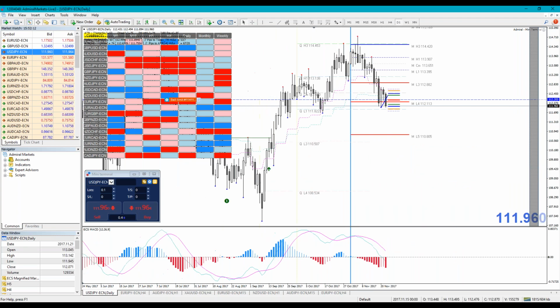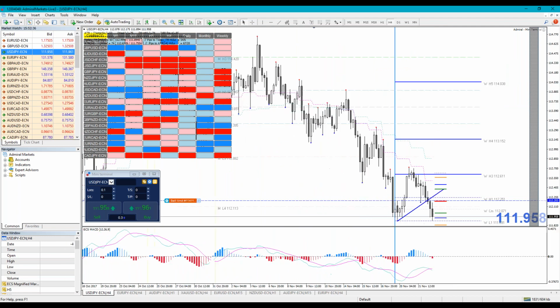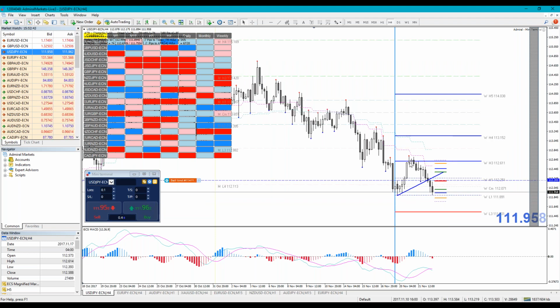MACD also showing it's a clear downtrend on the daily time frame. It's going down, it's going down, it's going down. This could also be head and shoulders, but at this point, this is support. So I think that this support can break, but I would like to see a retracement first. 4 hour time frame also bearish, right? It's going down. You see how the price dynamic zone is showing a very big downtrend, and the price is going down.